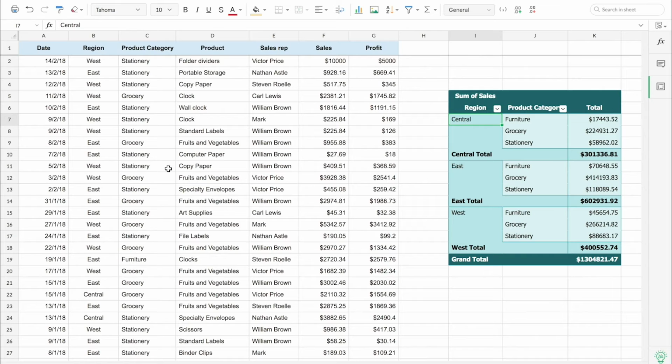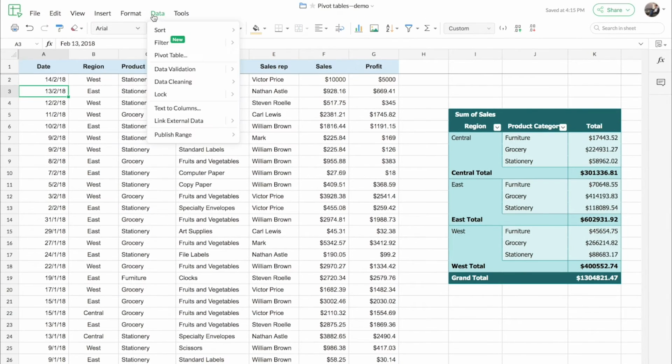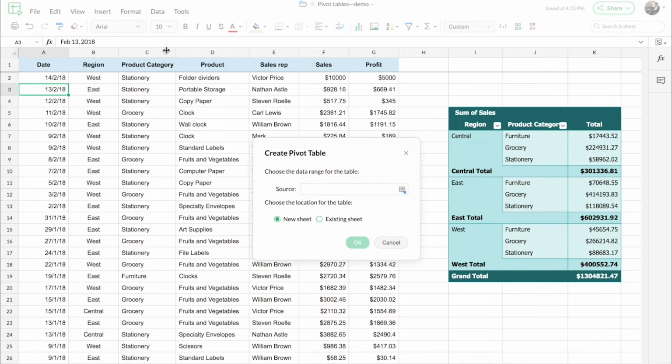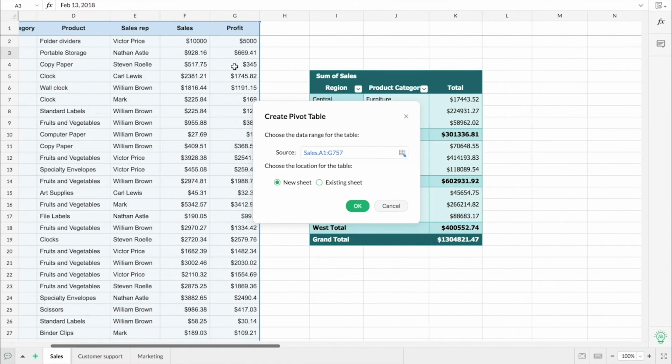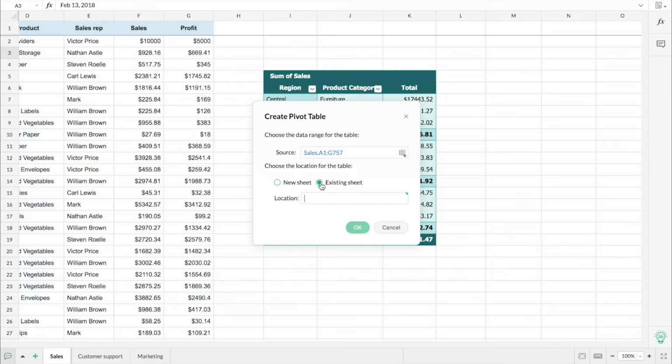So let's say I want to build a table that gives me the consolidated report about how my sales representatives have been performing over a period of time. So let's see how we can build it. So now I'm going to choose data and pivot table. Now let's choose a location for the second pivot table. Just place it here and click OK.